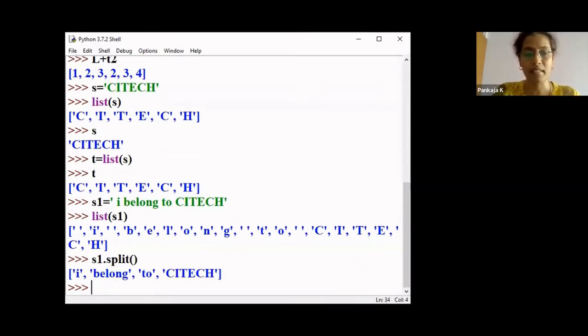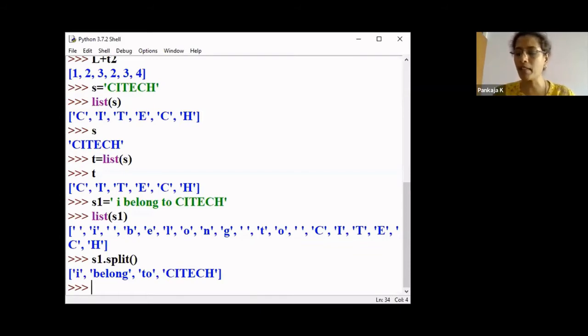The statement, I belong to CI Tech, every word is now a string. Earlier it was a list of characters, now it is a list of words. It has become this way because I have made use of the method called split. By default, split will consider space as a delimiter character. Is it clear, students? Whenever it sees a space, it is going to divide it into a word, right?